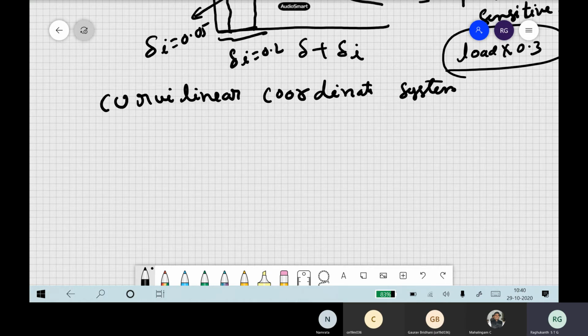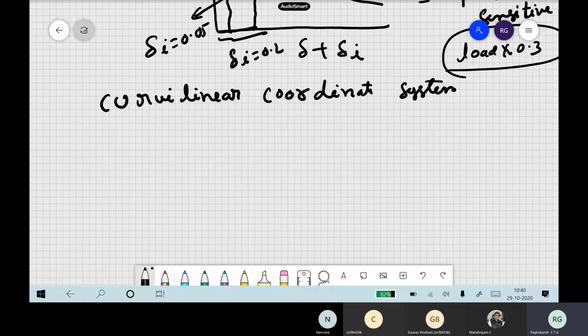You have to do the position vectors, x direction, y direction, and sx, sy, all those things come into the picture. Anyway, we are not going to discuss this in this course, because that will go into another kind of thing. I think there is another course, theory of plates and shells. I don't know whether they teach this. I hope they do this curvilinear coordinate system. So how to write the shell equations, the nonlinear equilibrium equations, that you can solve, and then you may get very good solutions which are very close to reality. So you can try.